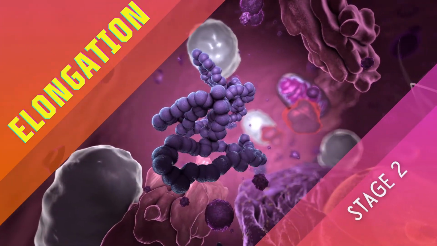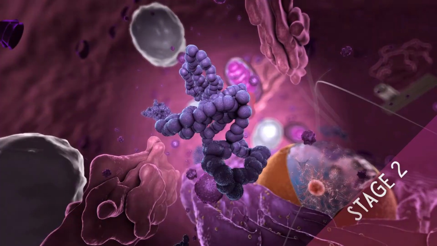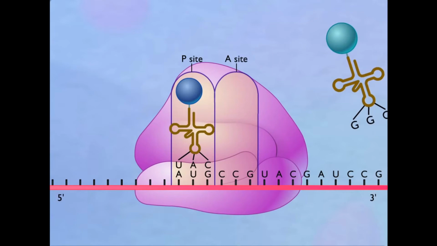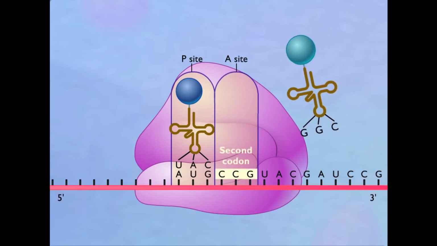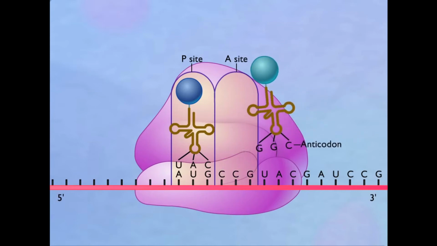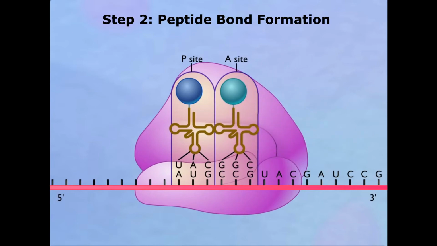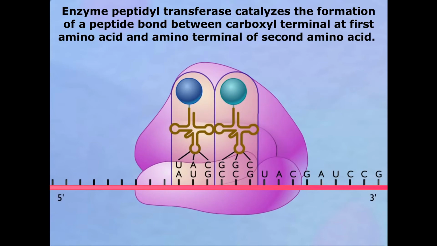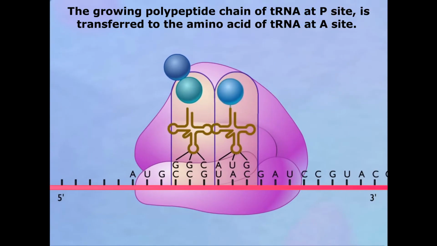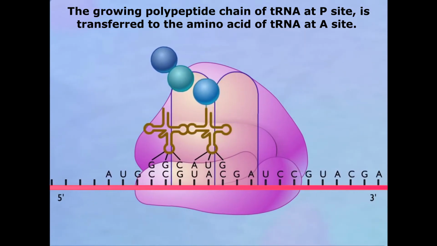Stage 2. Elongation. There are 3 steps in the elongation of a polypeptide chain. Step 1. Codon recognition. Next amino acid tRNA binds to codon in A site by complementary base pairing between the mRNA's codon and the tRNA's anticodon. Step 2. Peptide bond formation. Enzyme peptidyl transferase catalyzes the formation of a peptide bond between carboxyl terminal of first amino acid and amino terminal of second amino acid. The growing polypeptide chain on tRNA at P site is transferred to the amino acid of